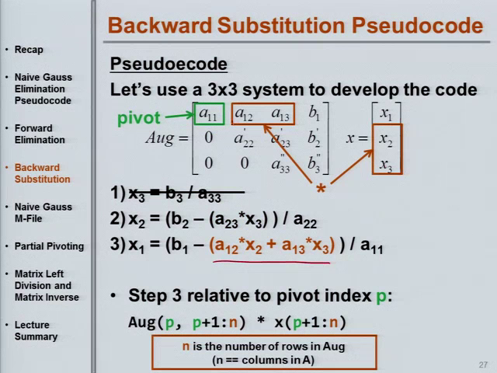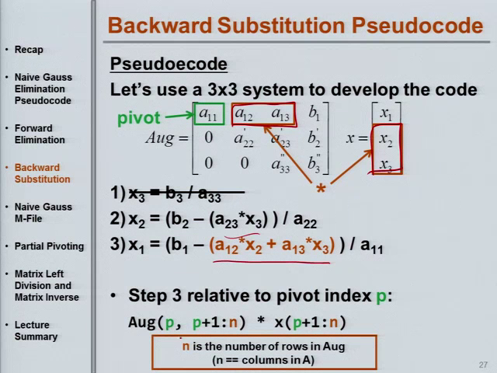Write this as a row vector multiplied by a column vector. That's what this term here looks like. And in actual fact, this term looks like it as well, except the vectors are only 1 unit long, so they're not really vectors. So we can write this step here in a general sense as, okay, we're in row